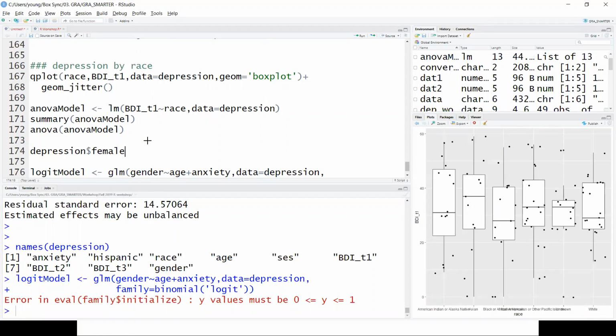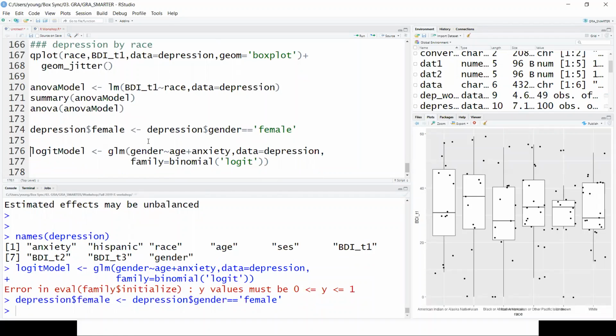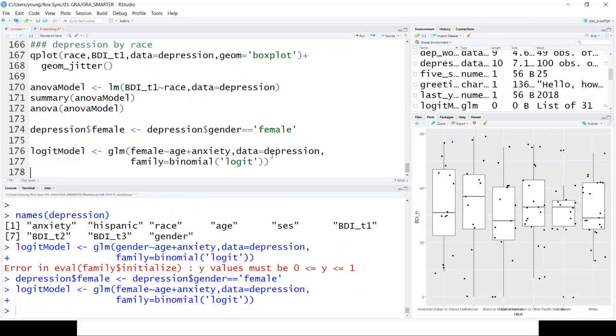We're going to define a new variable here called female, which is true or false, but R knows how to deal with true or false. It'll just treat true or false like ones and zeros. Let's run that one. There's a logistic regression, and we can do the same old summary trick here.